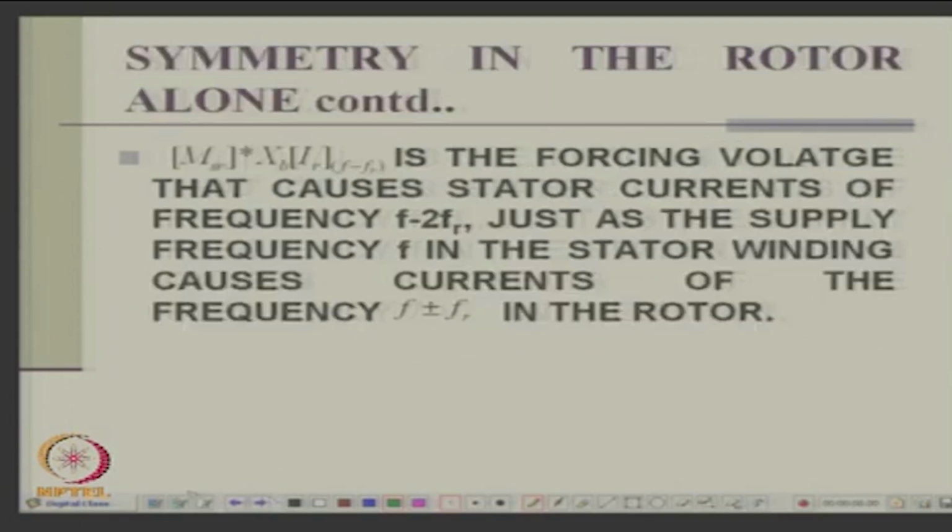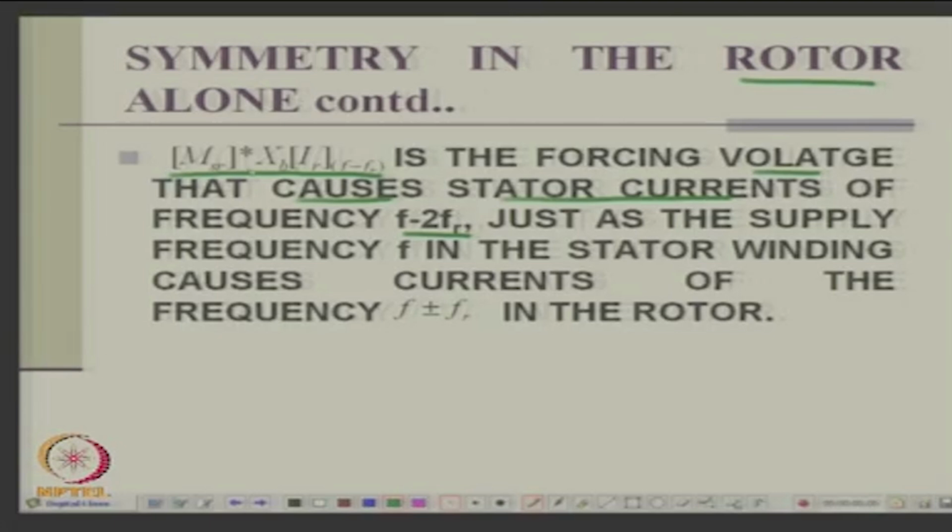Now, with symmetry in the rotor alone, this term MSR conjugate XP IR F minus FR is the forcing voltage that causes the stator currents of frequency F minus 2 FR, because there is one forcing voltage. Rotor current will in turn give rise to F minus 2 FR in the stator, but if the field itself is not there, nothing will be produced. Now, what is that field? You can prove that MSR conjugate XP IR